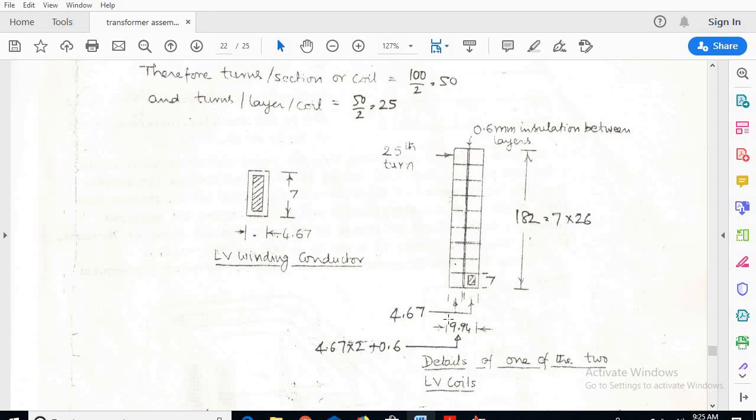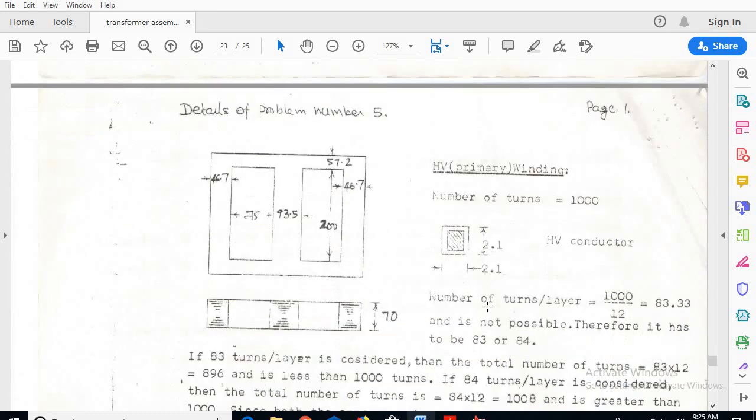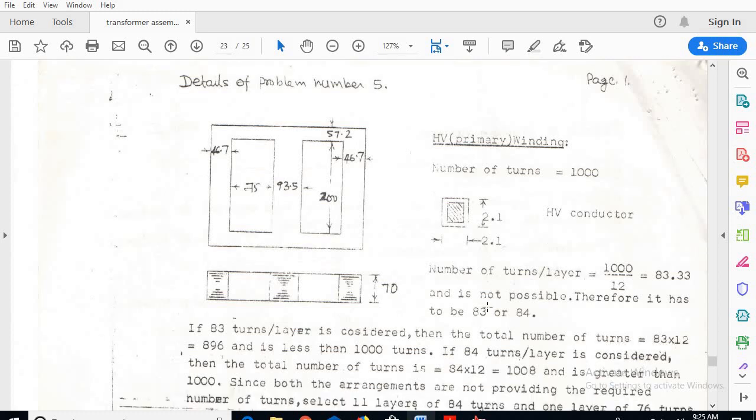So width is 4.67. The actual picture: this is the elevation part and this is the plan part, without any windings. Without any windings, this is how the shell type transformer will look.